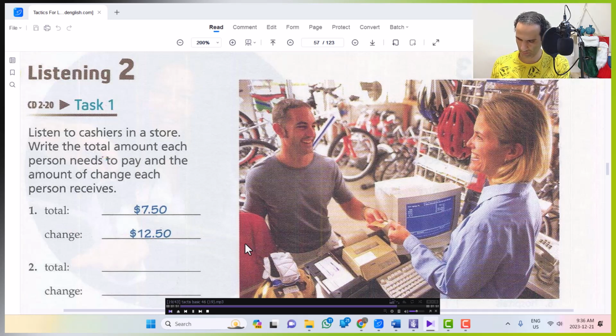Okay, let's see. Now the magazines are $6.25, and you're taking the book? That's $12. So that comes to $18.25 altogether. And here's your change. That's $1.75. Okay, here we got another reader. They're buying magazines at $6.25 and a book, which is $12. So the total comes down to $18.25 and the change is $1.75.